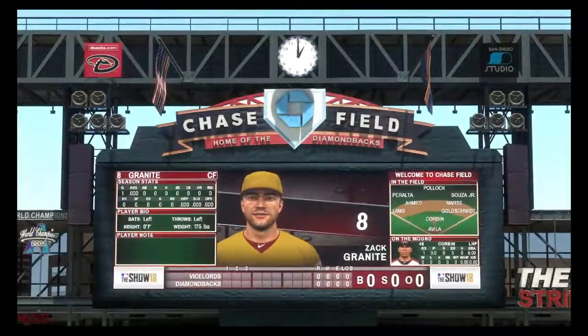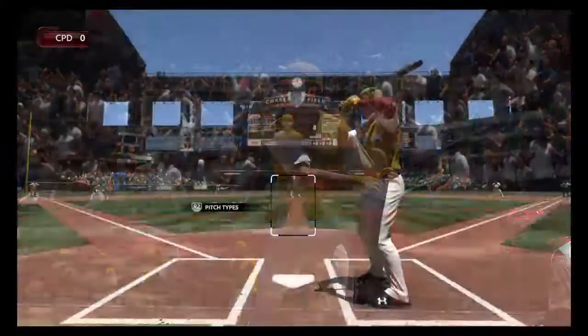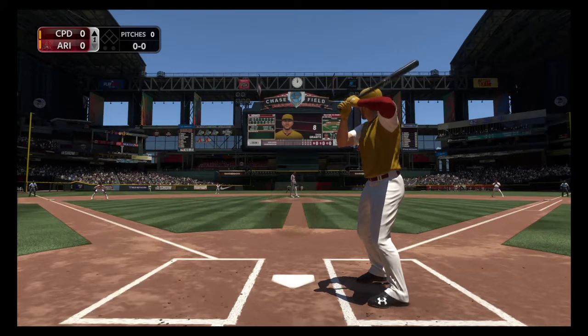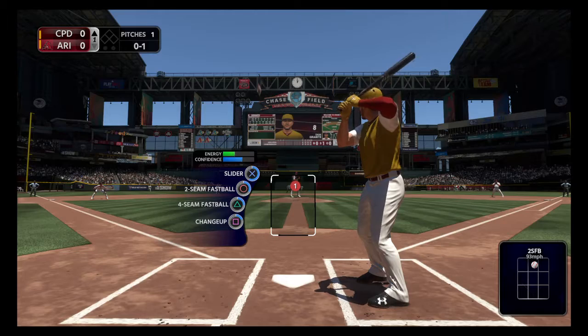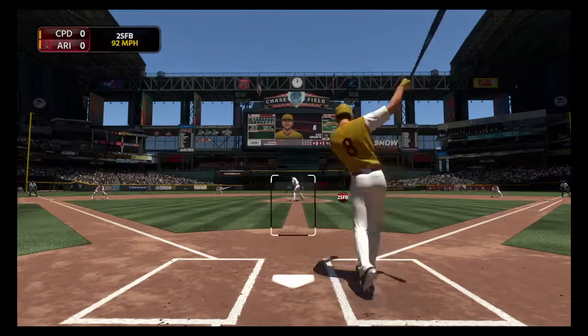Not a surprise for this time of year. It is ball. It's the show, and it comes your way next. Zach Granite, the next to bat. And we are ready for some daytime baseball. Here comes the first pitch. And we are underway this afternoon as the first pitch is over for a called strike one. Now here it comes. And boy, this at